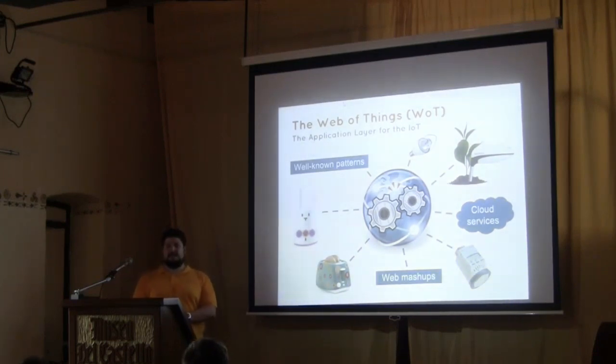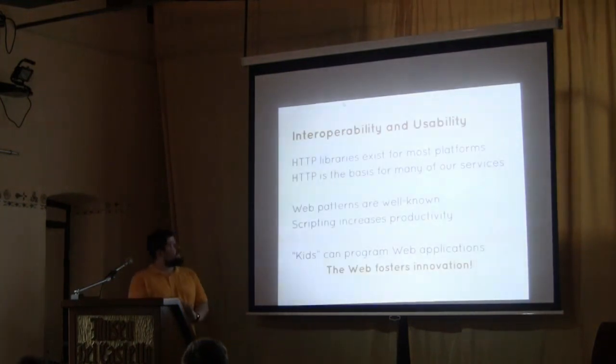And that's why in our group and at several other places, we follow this idea of the Web of Things to make the Internet of Things even better, to have a nice application layer for it, and really connect everything together. There are basically two reasons. One is interoperability at the application layer and usability. The nice thing is, if you start from the web, the basic idea started actually with HTTP. So you have